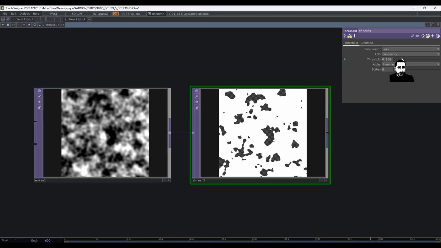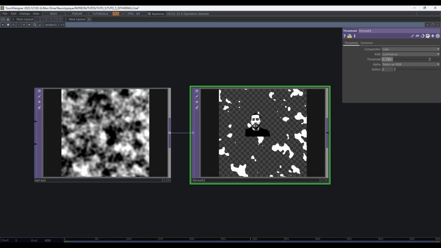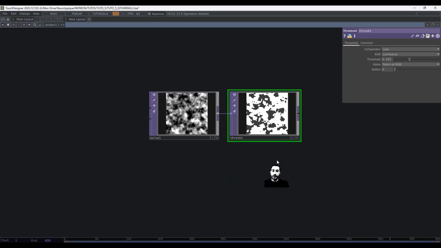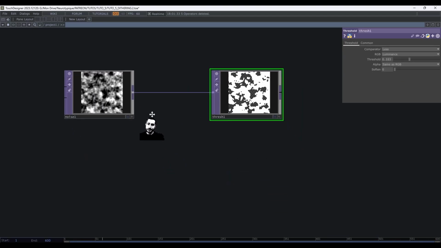When we put it at 0.1, we only have what is below 0.1 luminance of your image. So what's darker than 0.1, 0 being black and 1 being white, this is what you will lose in the threshold. If you adjust it and get it higher, now the transparent part of the image is just what is below 0.789 in luminance.